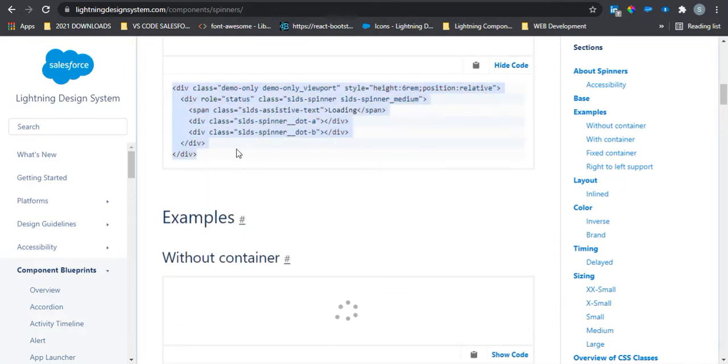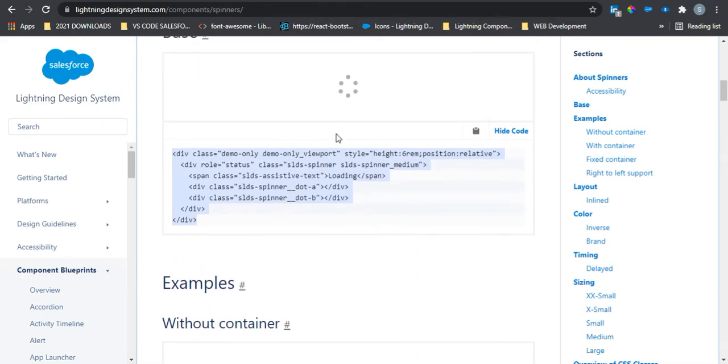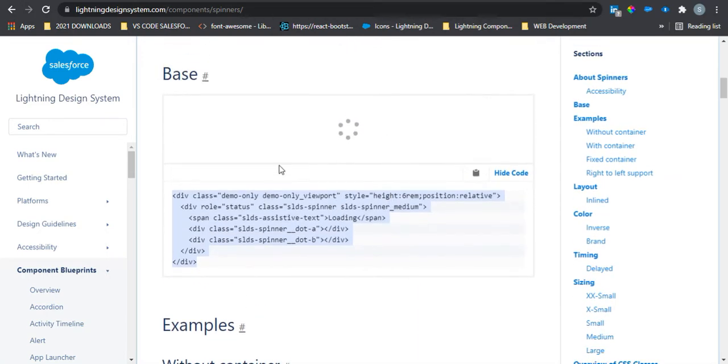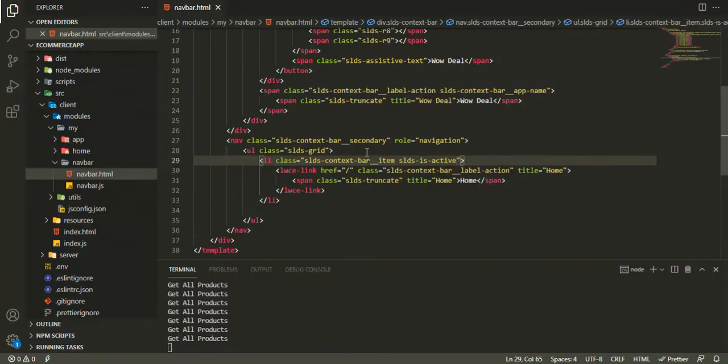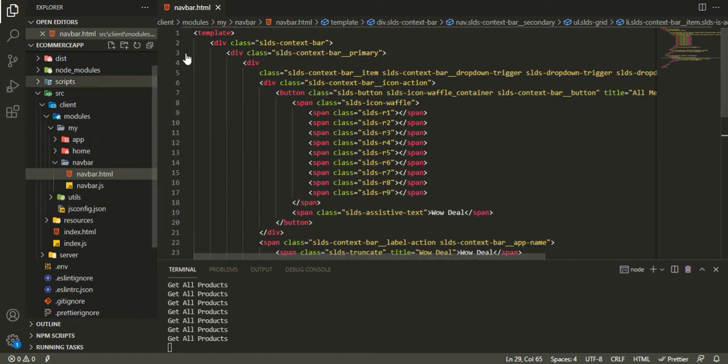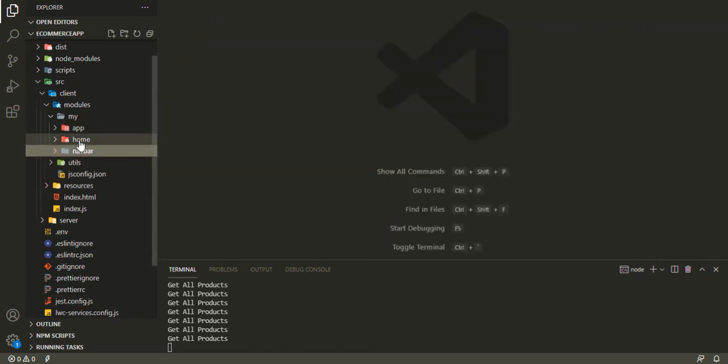We'll copy this, and SLDS spinner brand. Where's this brand? Okay, we're gonna copy that, and now in the home component,